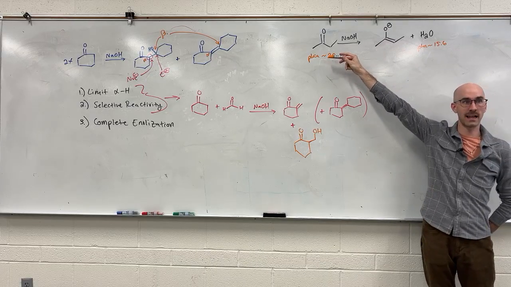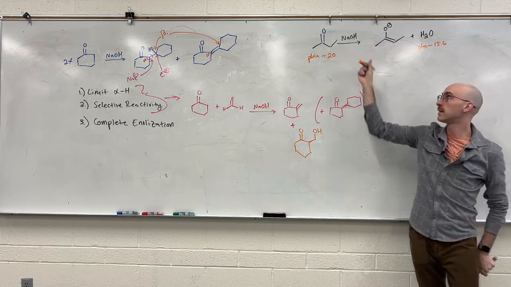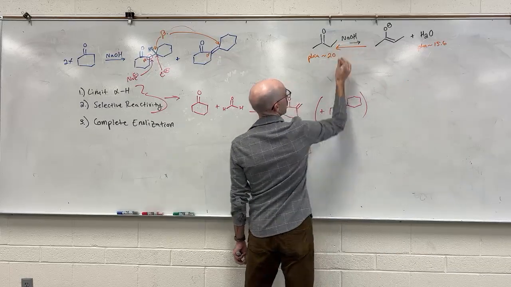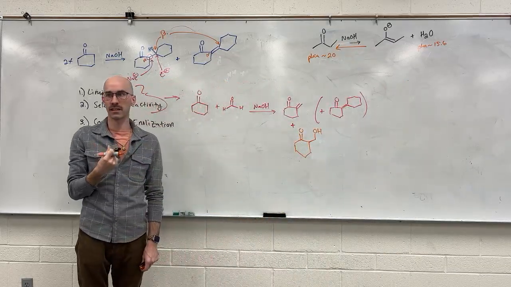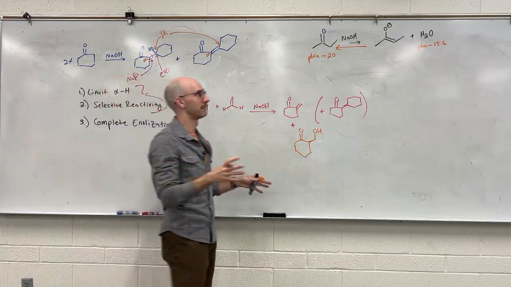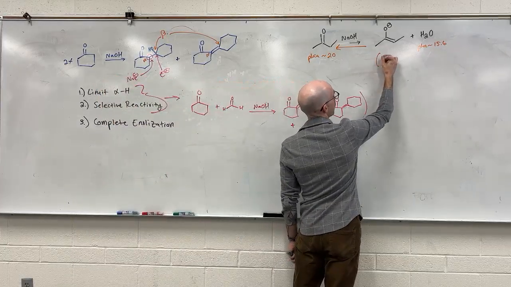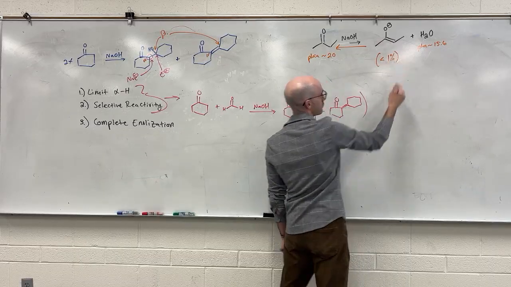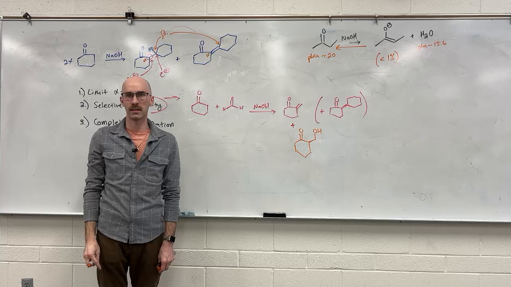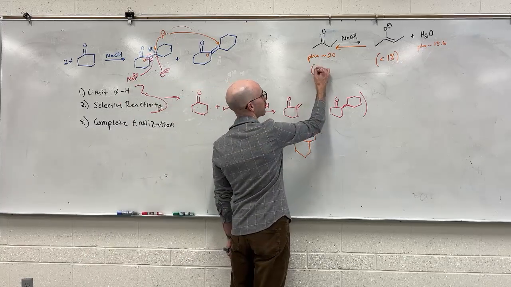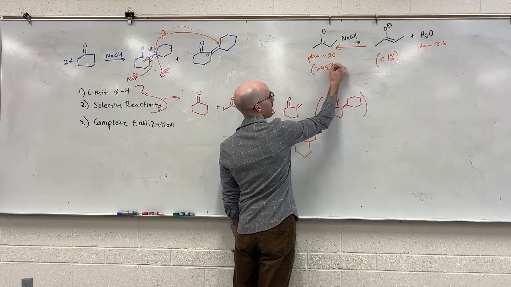So whichever side has the better acid is not sticking around. So my equilibrium favors the formation of the ketone. At any given time, we have less than 1% enolization, which means we have greater than 99%